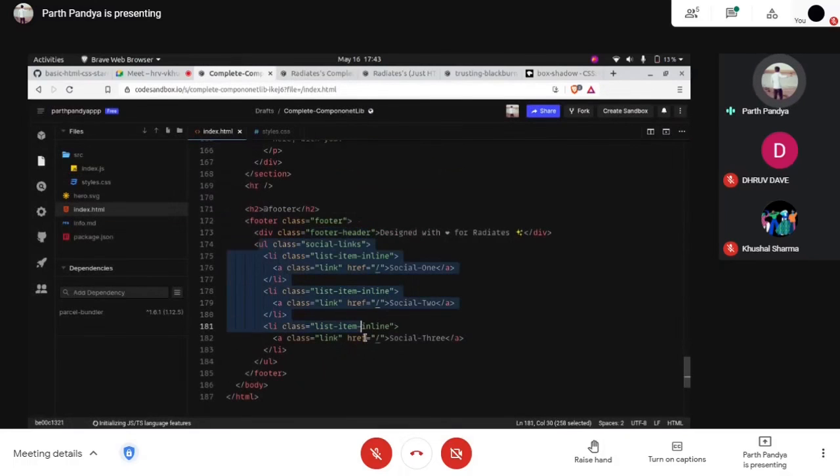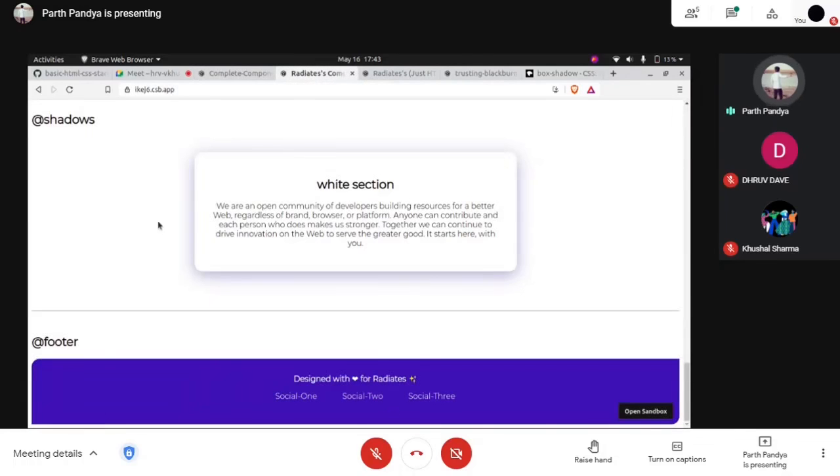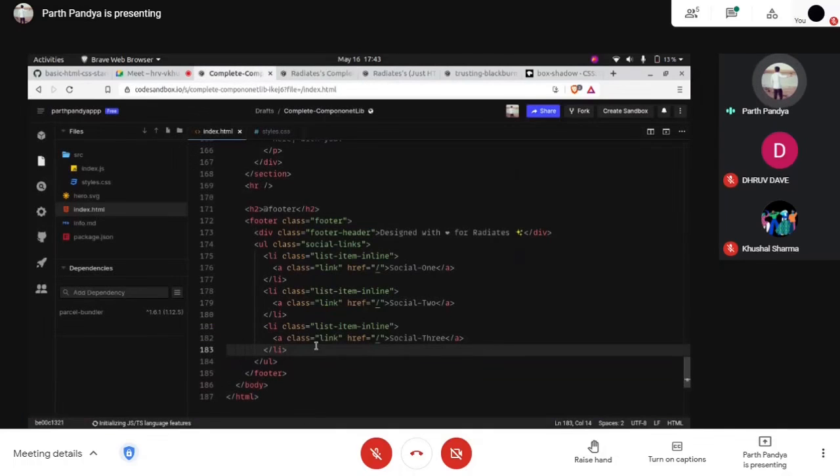So these items are also designed. We designed them, and we made those items inline, everything in one line, and we use this link. So every time we use CSS, we define a CSS part. This CSS part is reusable, and that's why we use this. If you want this same style set to be applied to a different HTML file, you can copy this CSS part and add the CSS to whichever HTML file you want, and you can use that same CSS.